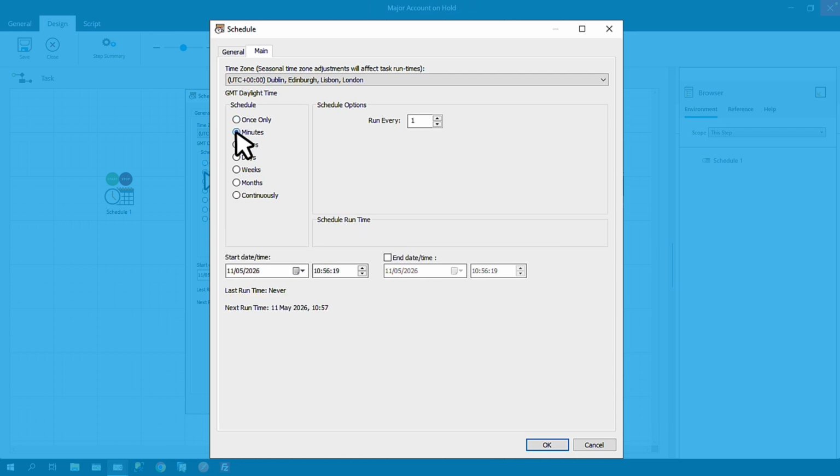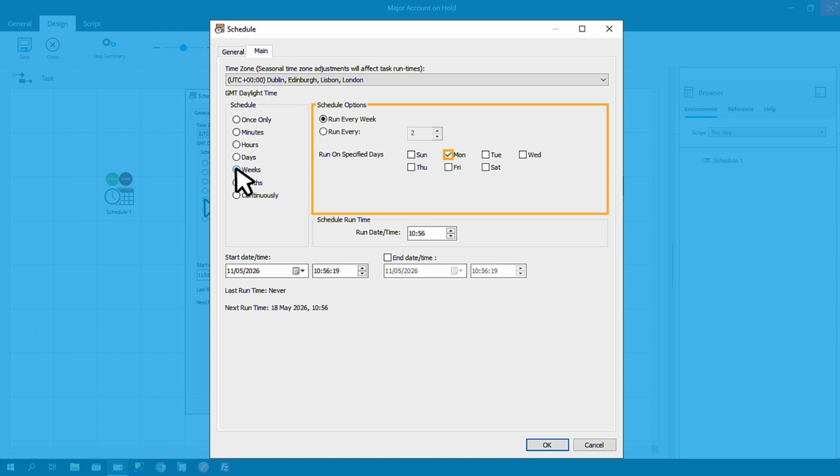In the next option, we have minutes. Once selected, we have the option to enter a value. Following this, we have schedule by hours, days, and weeks. The weeks option allows you to select the task to run only on certain days at a set time.